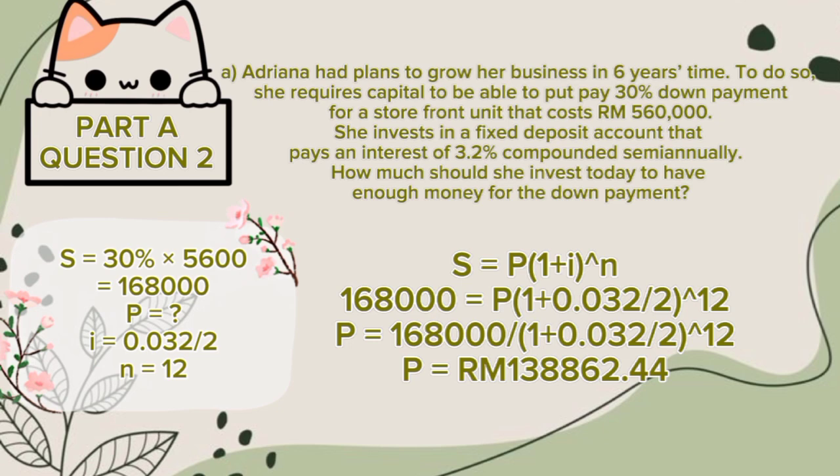To calculate the down payment, 30 per 100 multiplied by 560,000 and we got 168,000. We need to use the formula of compound interest. 168,000 equal P(1 plus 0.032 per 2) power 12, and after we calculate we got